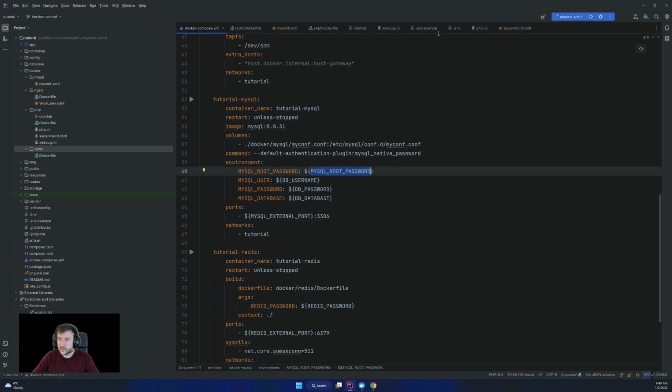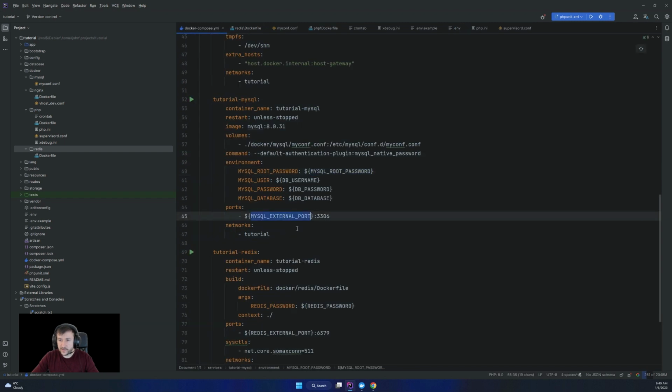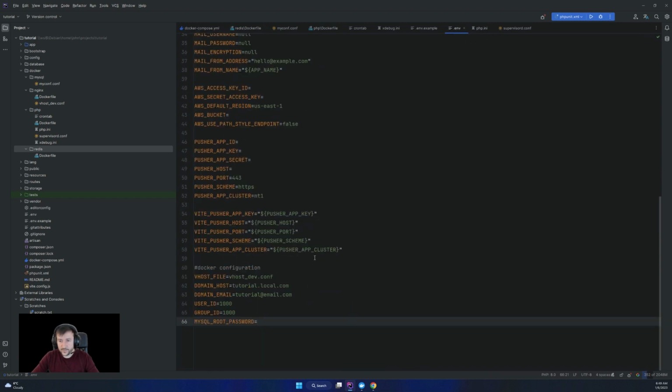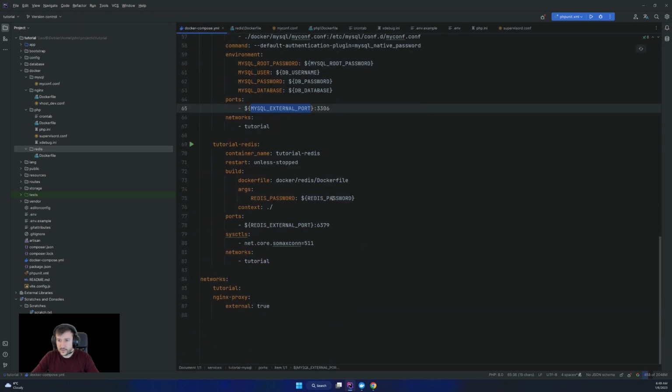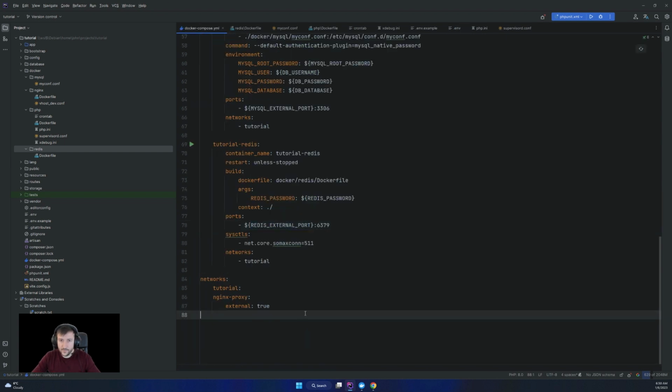So we have MySQL root password. We're gonna put some password in here. Then we have the MySQL external port that we need to define, and then we have the Redis password. It's already in there. Redis external port, if we want at some point to access it from outside, and that's all.